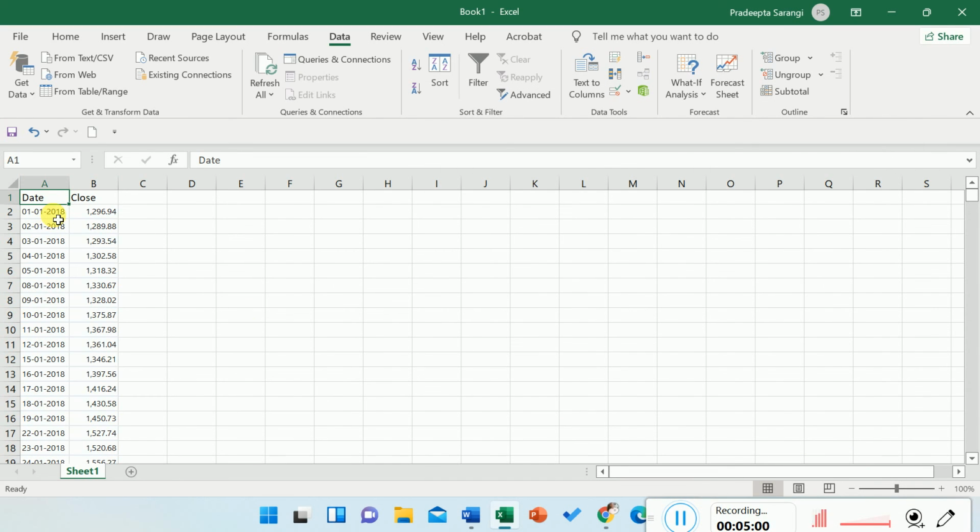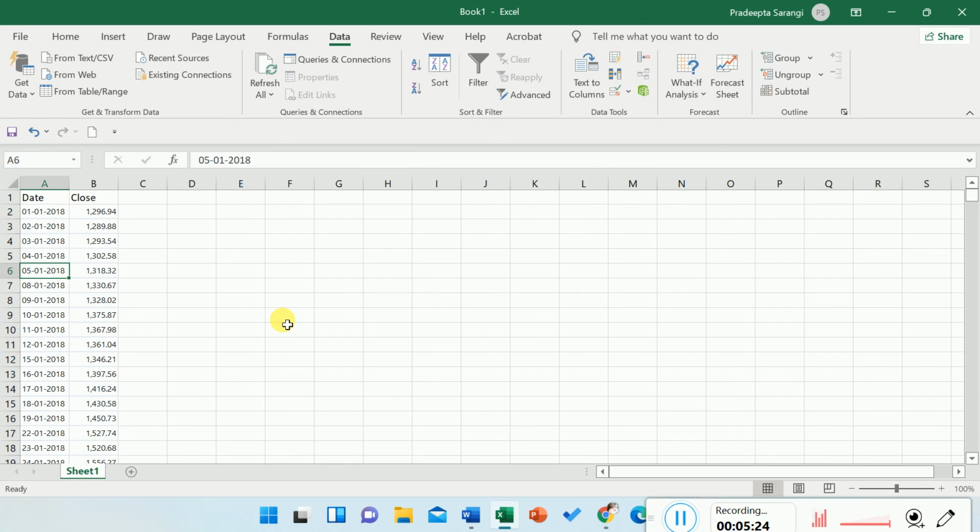So here you can see that 1st January, 2nd January, 3rd, 4th, 5th, because it is Monday to Friday. Then again 6th and 7th is Saturday, Sunday, there is no trading, so no data is available. Similarly, when there is a holiday, the data is not available. That means this data is not evenly distributed. The data is not on a regular interval.